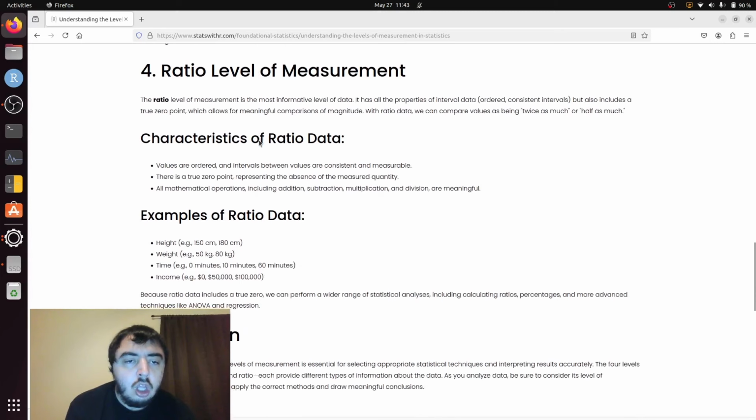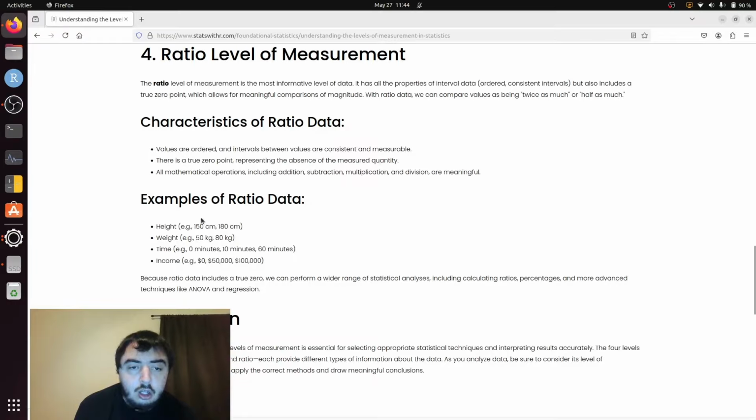Okay. So, ratio level of measurement. This is where, as the name suggests, ratios do make sense, where you can do division, multiplication, addition, subtraction, and that is get to the meaningful 0 point, where 0 is the absence of the measured quantity. So it's not listed here, but we have temperature in Kelvin. That's meaningful. Height, where 0 centimeters is the absence of height.